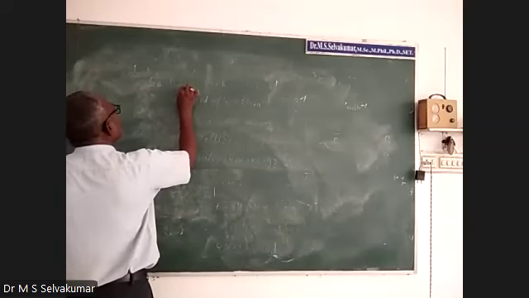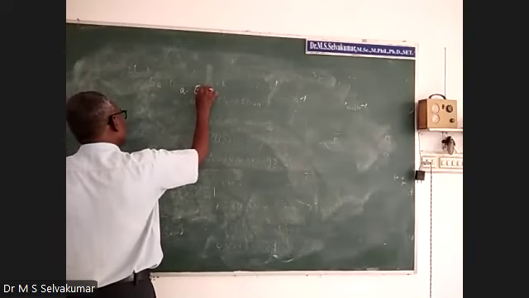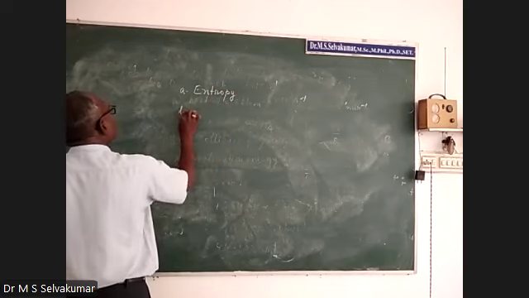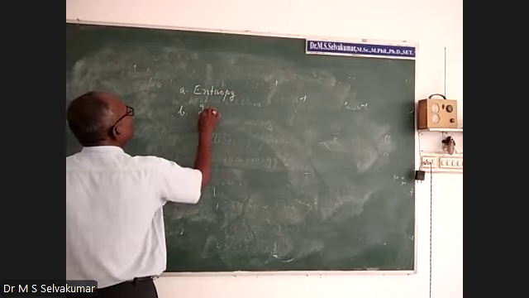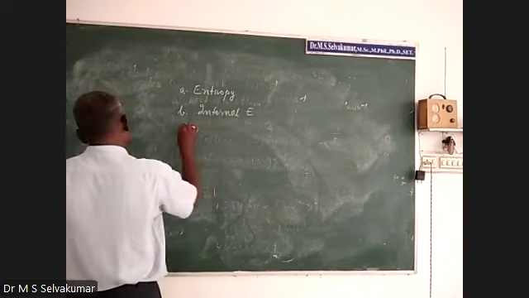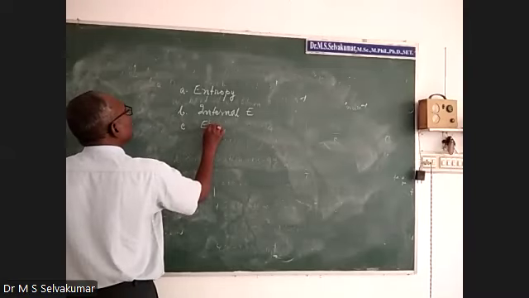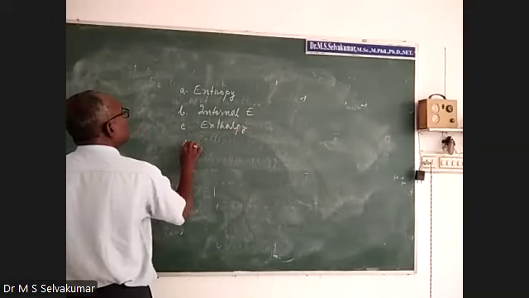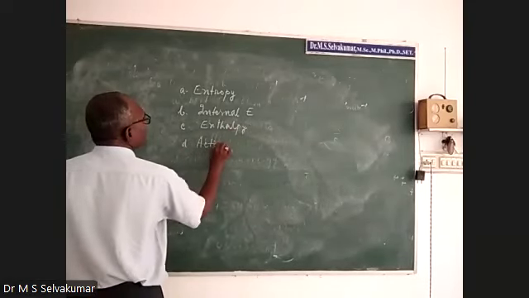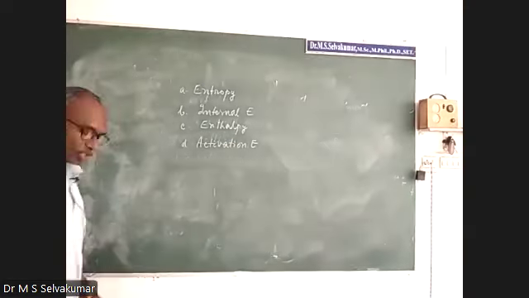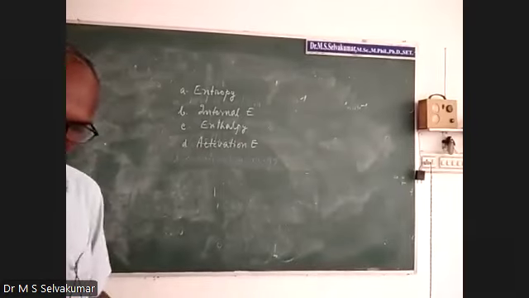Using a catalyst in a reaction will affect entropy? What is entropy? Entropy is randomness. Or internal energy, enthalpy, or activation energy. So the use of a catalyst will always affect